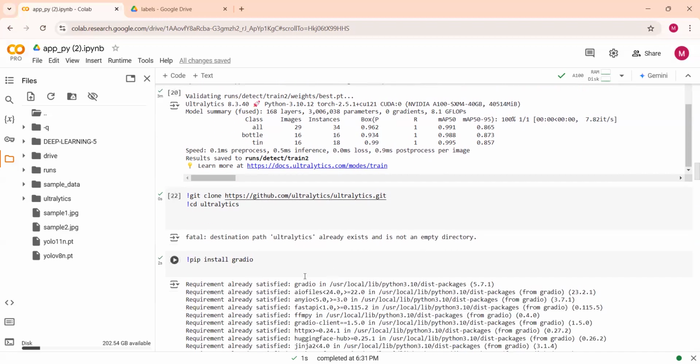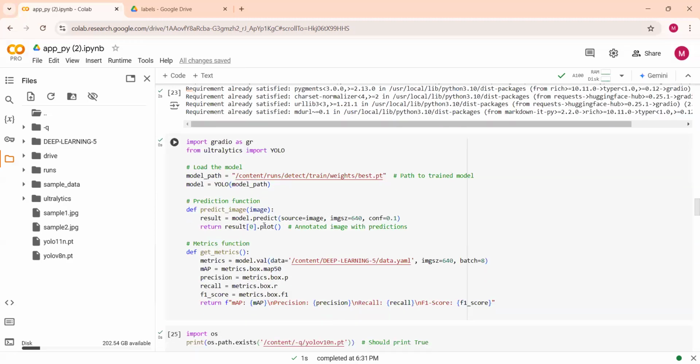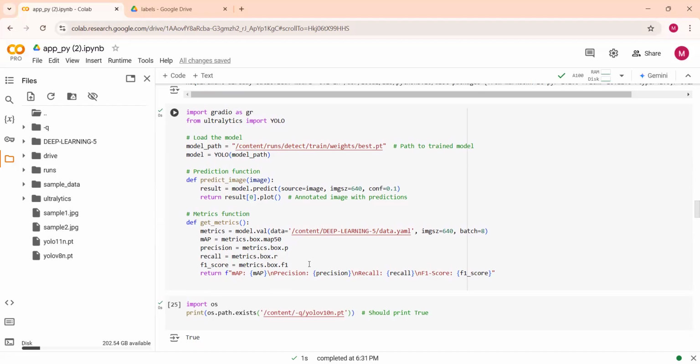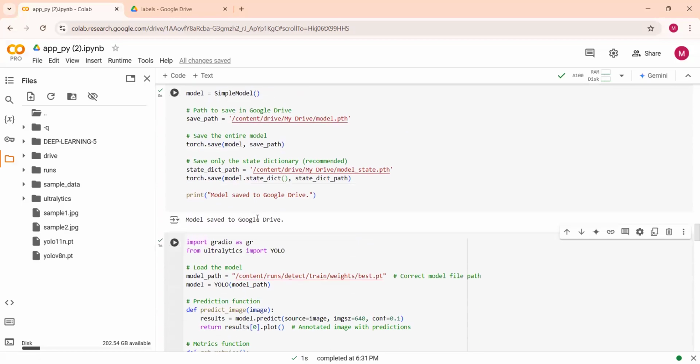Then I installed Gradio. The reason is that it is a simple web interface, allowing users to upload an image and get predictions from the trained model. The interface provides the image upload, and the predicted output will be an annotated image with the bounding box, which I'll be showing here. The model metrics we get are mAP, precision, recall, and F1 score. So when I ran this Gradio,